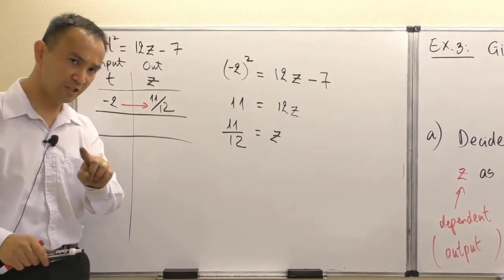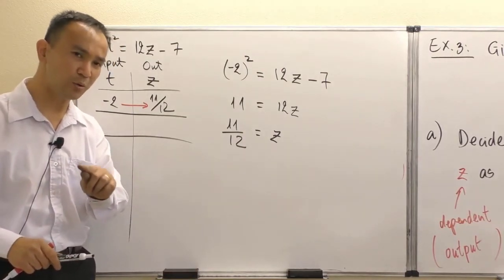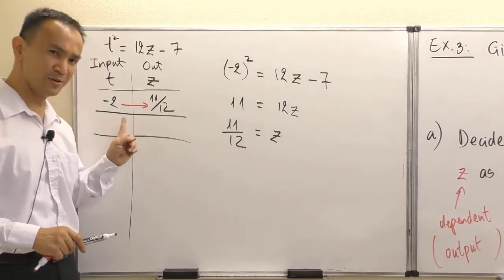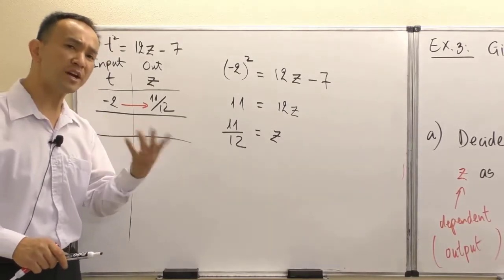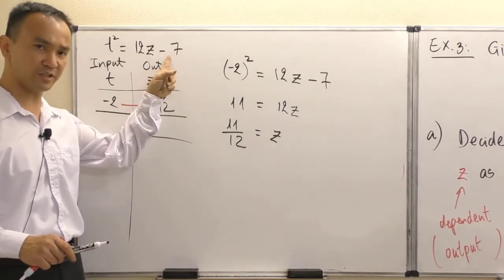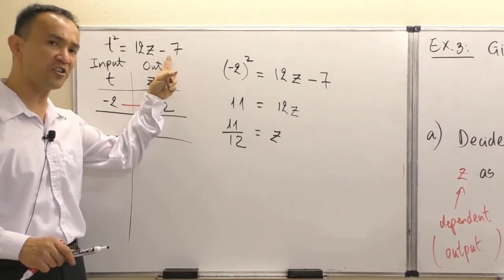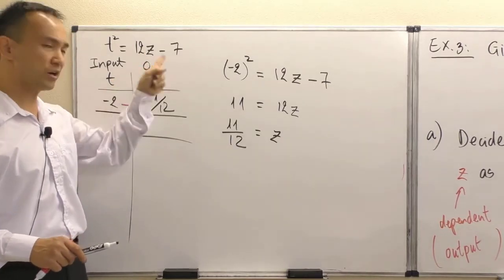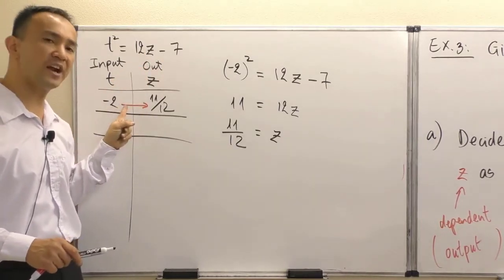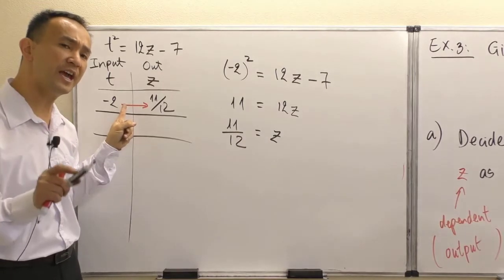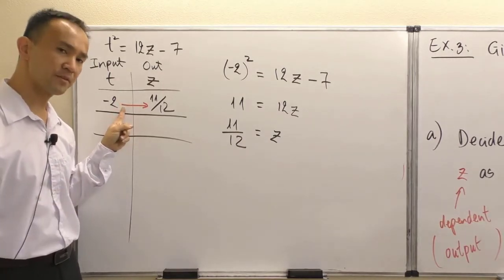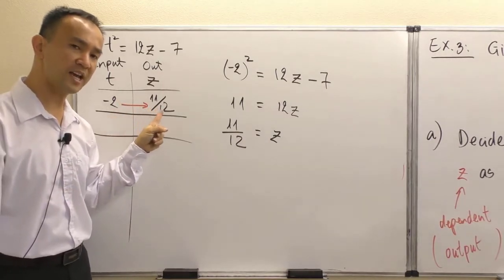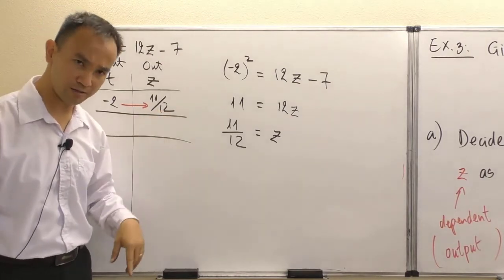Ideally we are heading the same way as we were with tables. We want to check, in order to make sure this rule defines z as a function in terms of t, that for every input t,